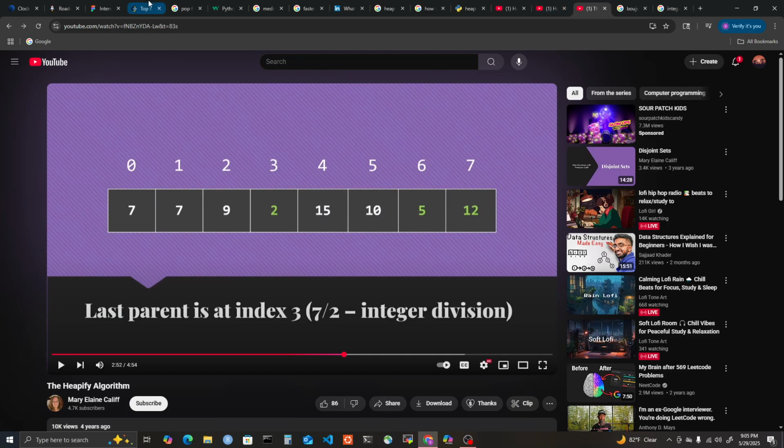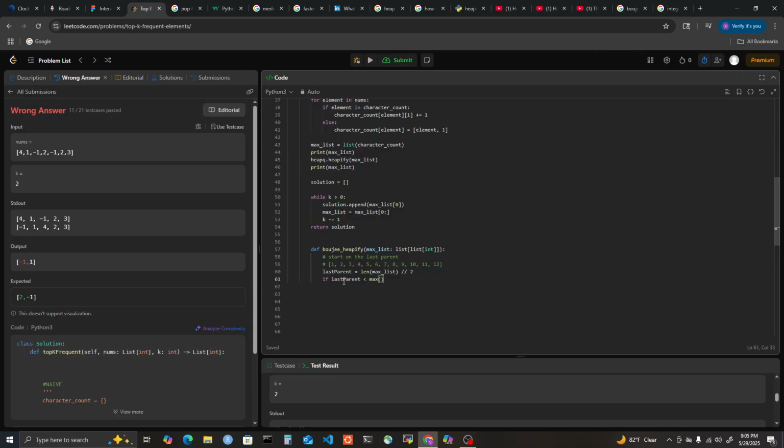It's cleaner if it's one indexed. So let's say last parent plus 1. Actually no, that's not what I'm doing. I'm just going to say times 2 plus 1, and then I'm gonna say